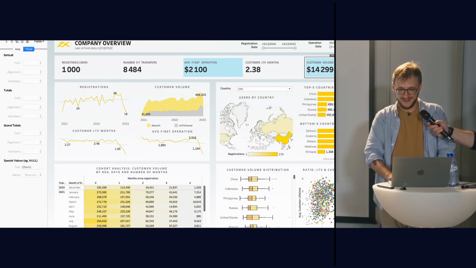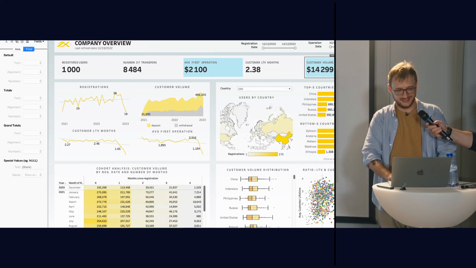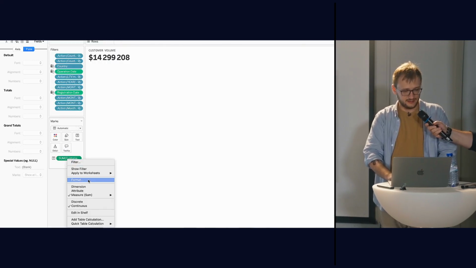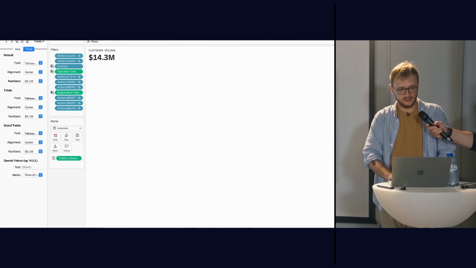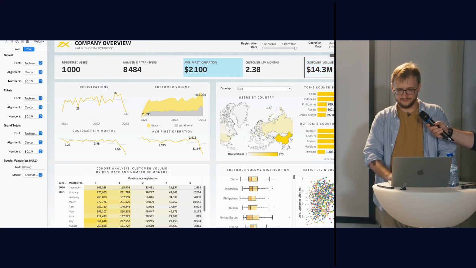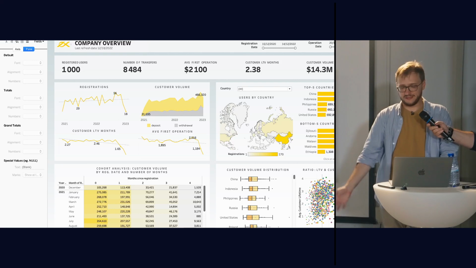If people are spending 14 million, it doesn't matter exactly how many dollars. We can format it into millions, with 1 or 2 decimals, so it's not too rounded. Now it looks better.